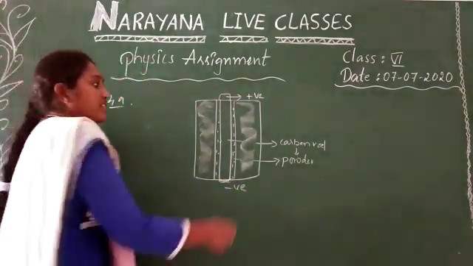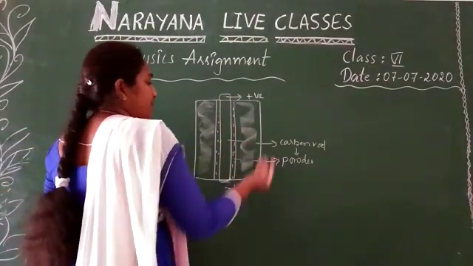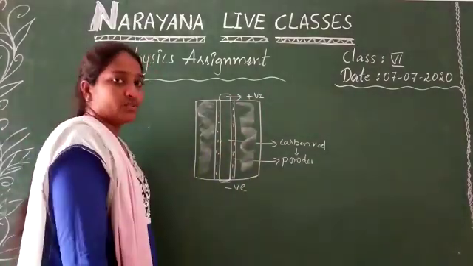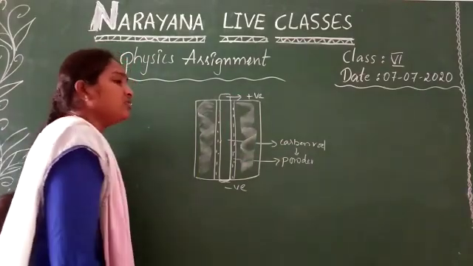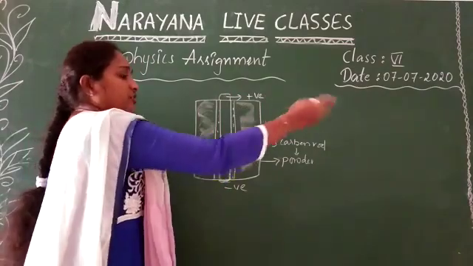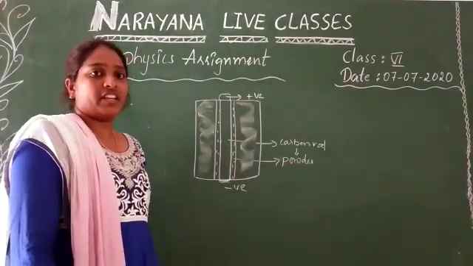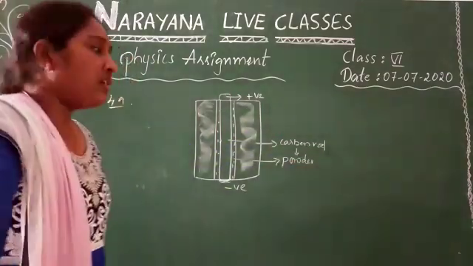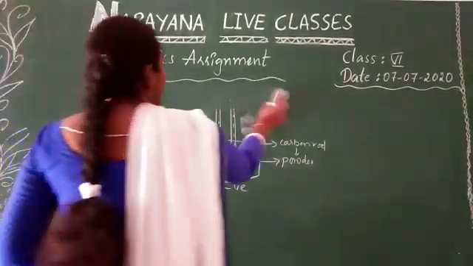So each and every cell consists of two terminals. One is positive and the other is negative. A cell helps us convert chemical energy into electrical energy, as in torchlights. And the fifth question is